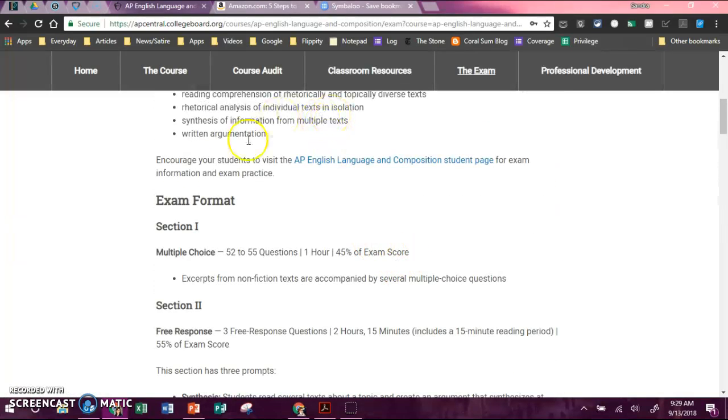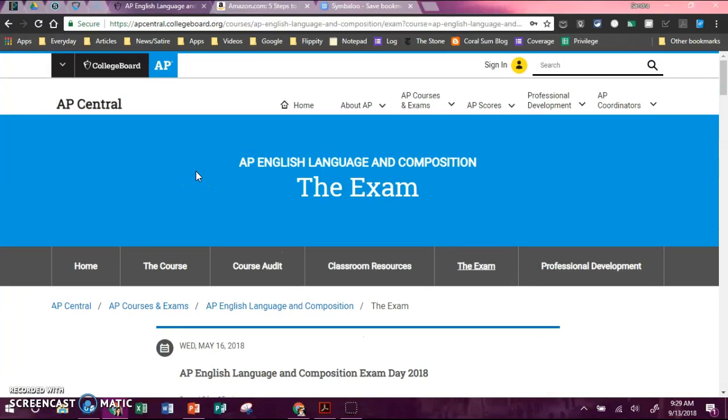People ask about practice books, like test prep books, and I'm really cautious about test prep books. They're not created by the College Board, so their questions aren't vetted as well. And I find that especially the multiple choice questions in the test prep books are not as solidly written. If I use a test prep book, I will often find that the multiple choice answer justifications don't make sense, and I'm like, what? I can't explain that. On the actual AP exam, that doesn't happen because they go through a ton of testing.